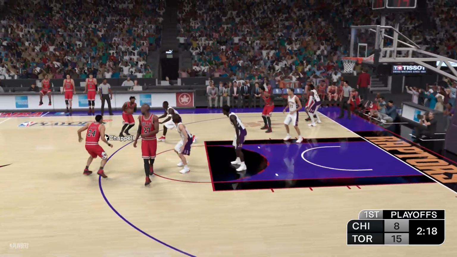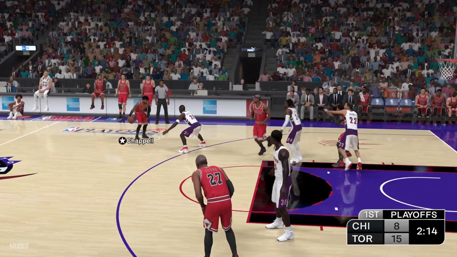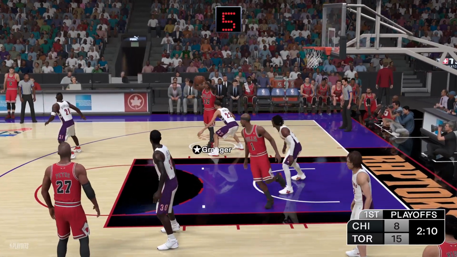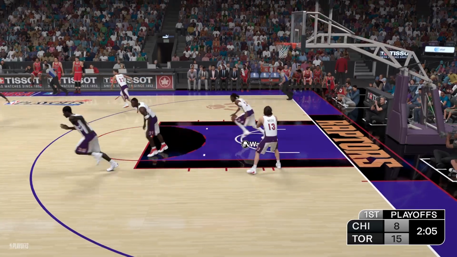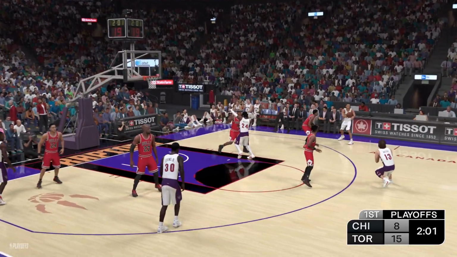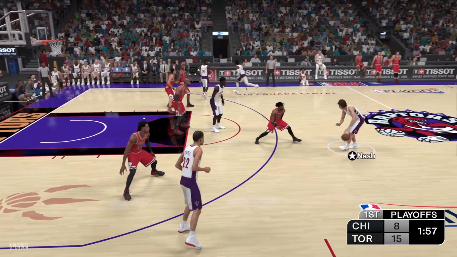Martin up top, defended by Nash. Here's Chappelle. Hasn't made one yet. Here's Granger. Toronto grabs the miss. Boy, he's got to be kicking himself for failing to make that shot. That's money. And here's Nash.